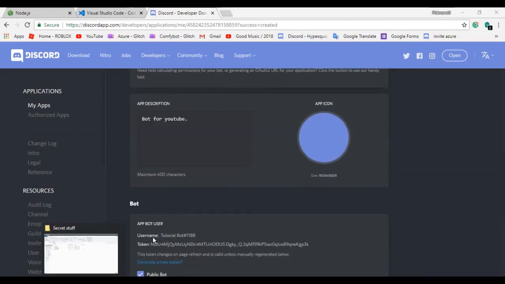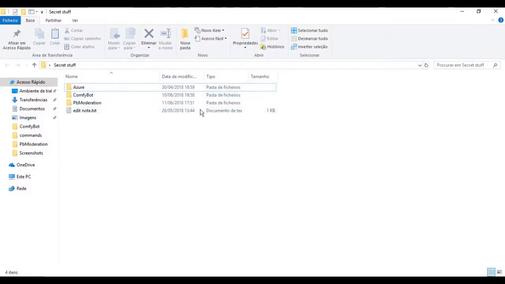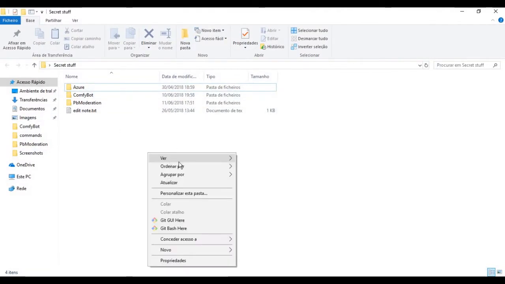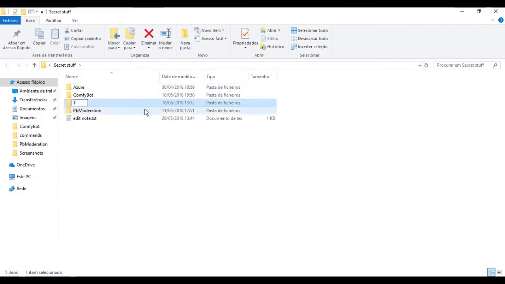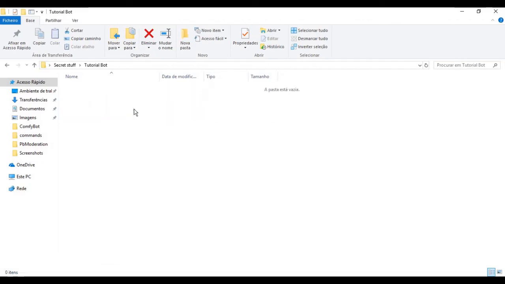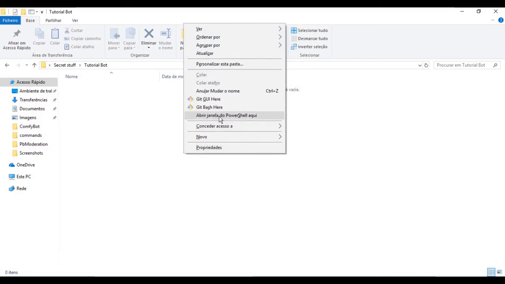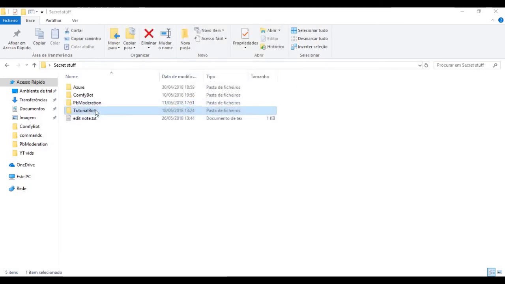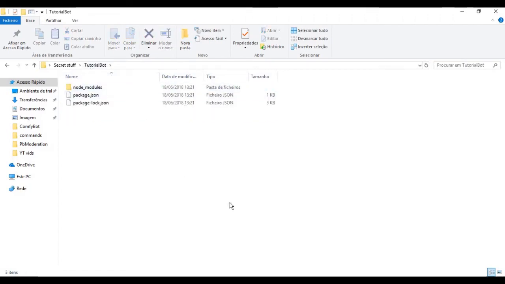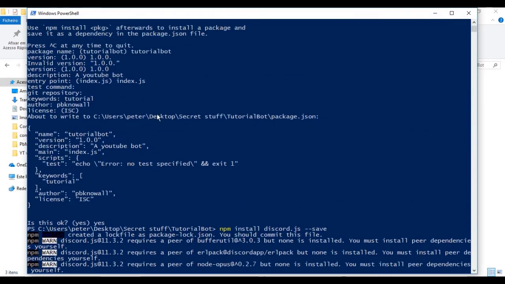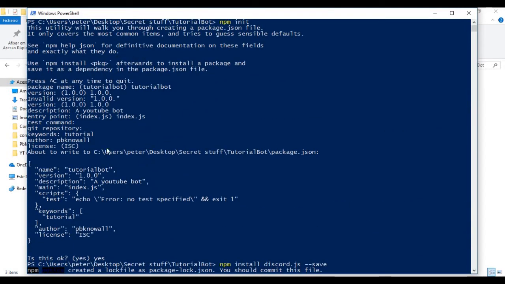So now we have to create a folder anywhere. I just have it in my folder. You need to create a new folder, tutorial bot, and then you'll have to shift and right click and open PowerShell. Okay, we're back. There was a small error. You couldn't have the space in the folder name, so you're going to have to go back into PowerShell, and you will have to do